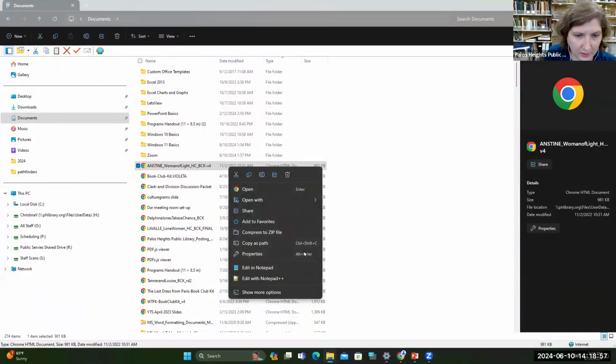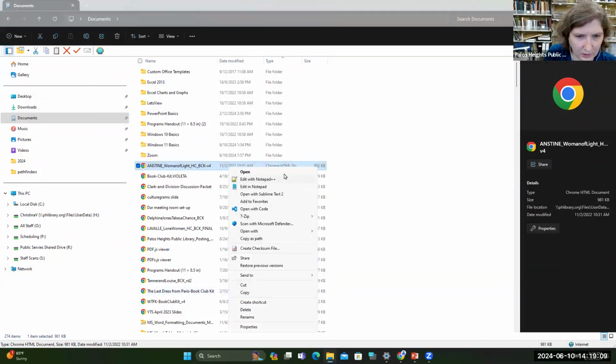Copy as path. This allows you to look at the properties of the file. Otherwise, I can also edit with Notepad or Notepad++, and this will show more options. And then this will open kind of like the old version of Windows 10, or how it used to look in Windows 10.